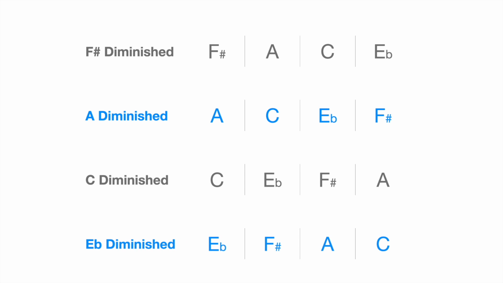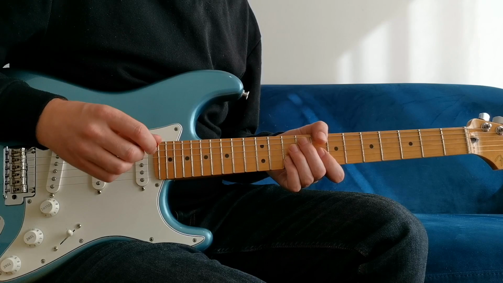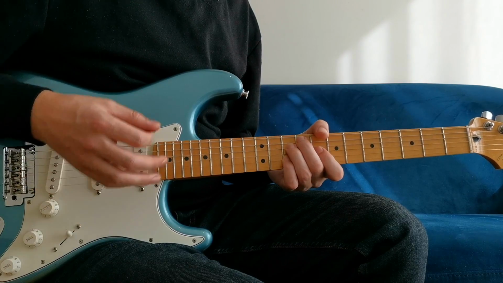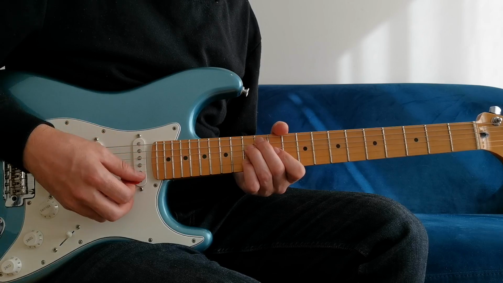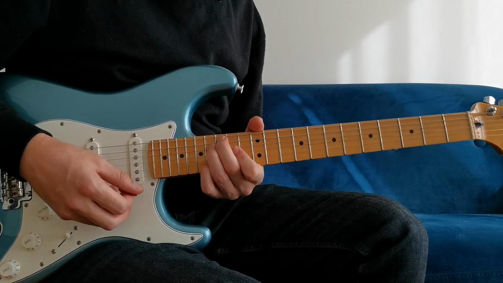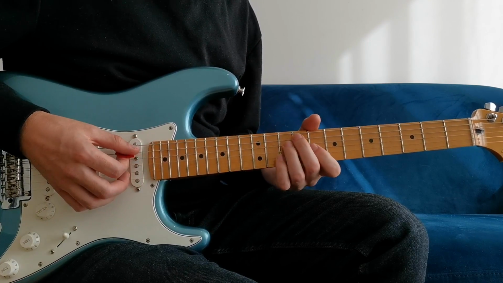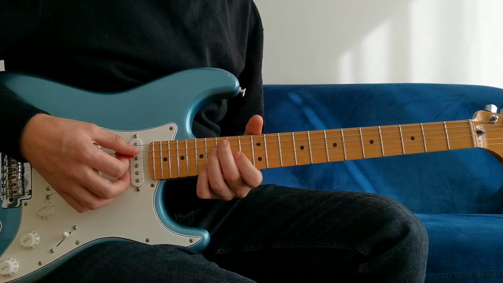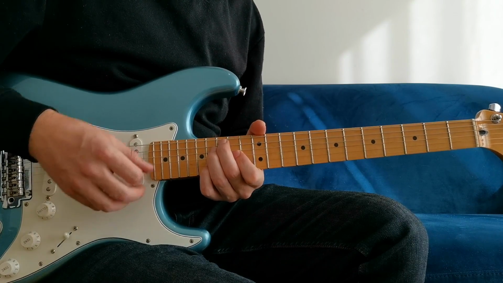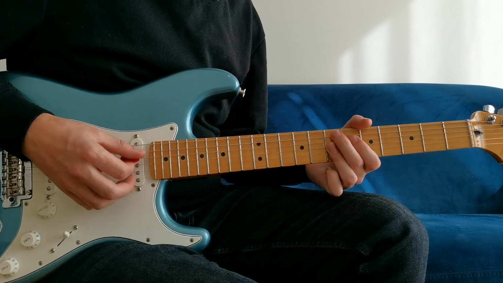So F sharp diminished, A diminished, C diminished and E flat diminished all have the same notes. What this means is we can simply move this shape up 3 frets and find exactly the same notes, just in a different order. So what we'll do is start at the 9th, shift up to the 12th, and then up to the 15th. So all together with the F chord before we have